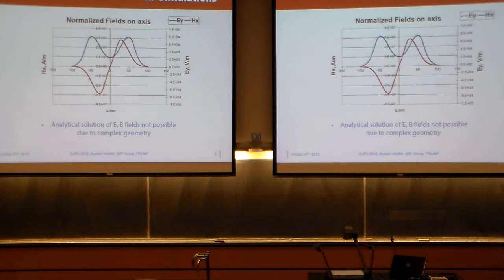So I mentioned that we need to solve for the electromagnetic fields. Now, if any of you have taken a course on E&M, you know it's not that simple to analytically solve for these. And in fact, with this complicated of a geometry, it's impossible. So instead what we do is we use RF simulation software. For this project, we use CST Microwave Studio. And here's the output from one of our simulations that shows the on-axis fields. So you can see we've got a magnetic field and the electric field, and these are standing waves. But keep in mind